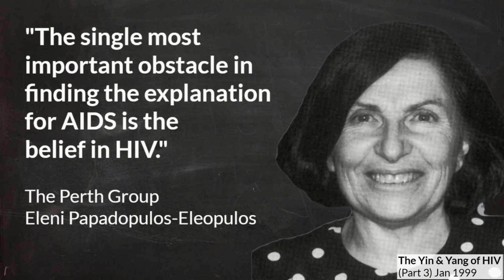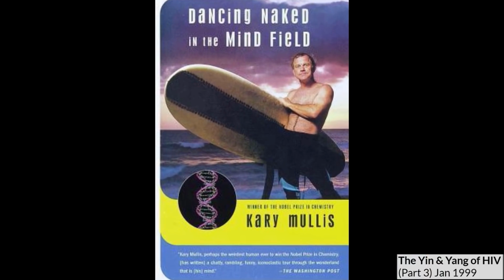The single most important obstacle in finding the explanation for AIDS is the belief in HIV. What is called AIDS is made up of 29 diseases, all of which existed long before the AIDS era. These diseases involve fungal, mycobacterial, and other infection, producing antibodies which could react with the so-called HIV protein. In his book, Dancing Naked in the Minefield, Dr. Kary Mullis writes,